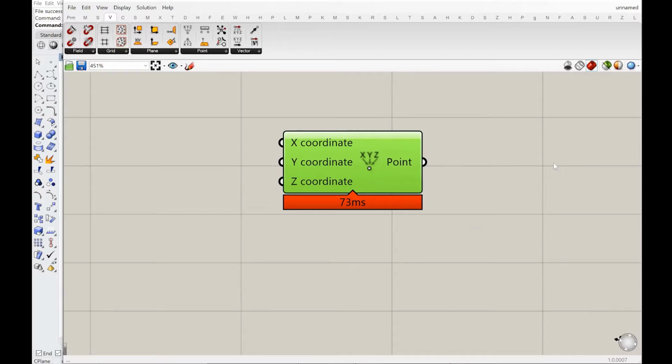How it works is, let me annotate. This thing has a particular function or a task to perform. In this case, if I take my mouse over this, it says construct a point from XYZ coordinates. And this, what you see on the left hand side, let me annotate again. The icon suggests what it does.